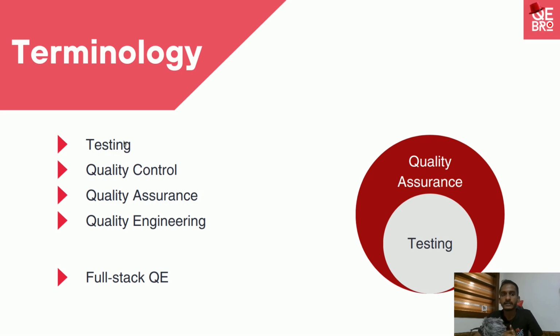Next we have quality control. Quality control is also more or less similar to testing. It is one phase, or an activity, in the software development life cycle where we do the actual testing or executions, and we see whether what we have built is correct, whether it is working correctly. There we talk about the expected results and the actual results we have. So we do the comparisons, then we make the reports. We do the comparison every time between the expected and the actual.